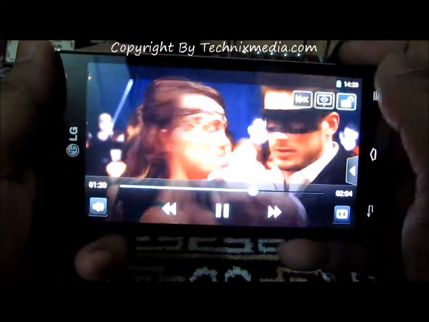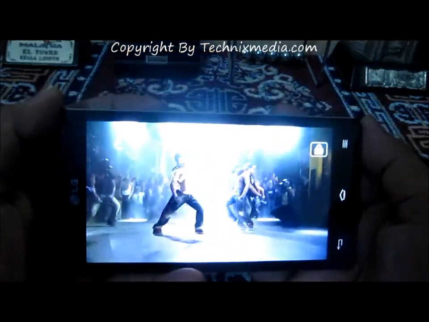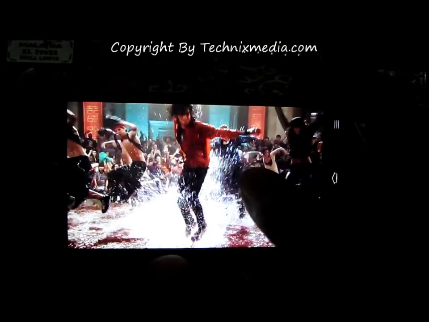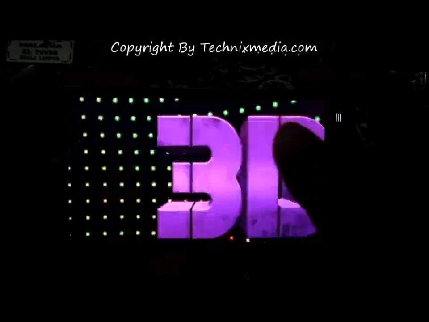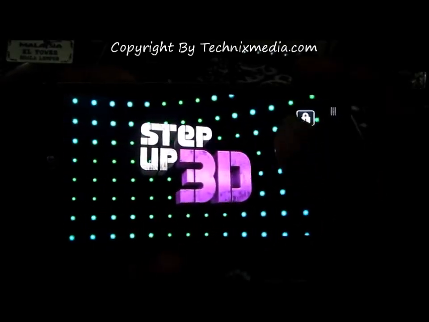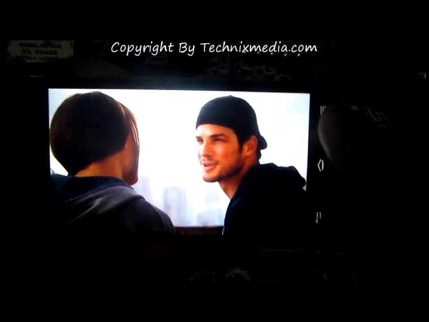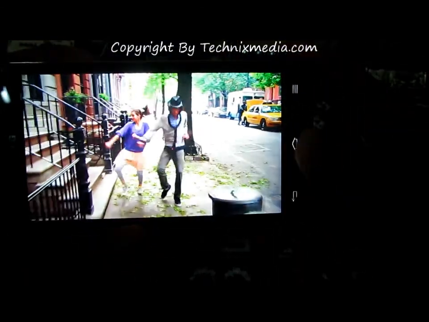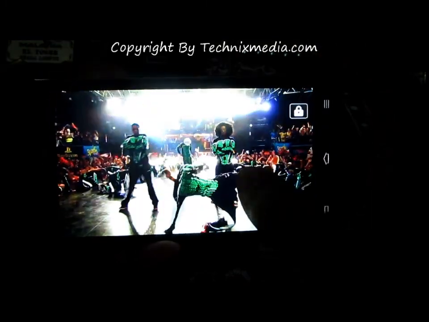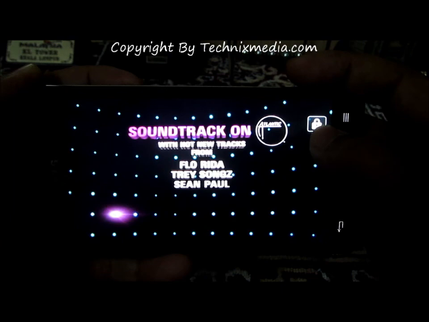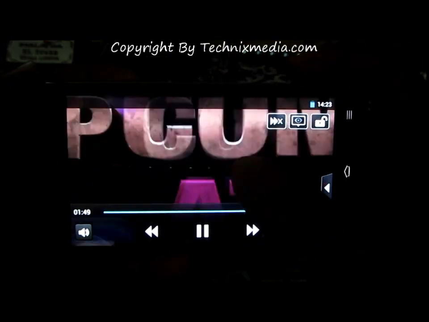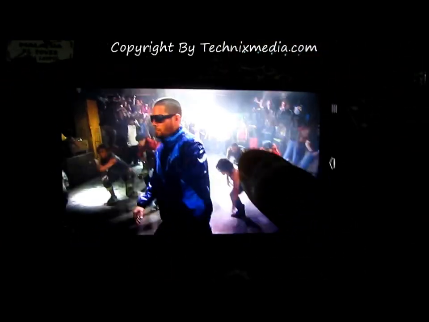Apart from this, you can also lock the video screen, so that whenever you are watching a video, in case your finger touches the screen while the video is playing, it will not be paused and the video will not be disturbed. Or even if you press the home button, the power button, or the back key, the video will keep on playing without any disturbance. And if you want to turn off this feature, you just need to tap over the lock symbol here, and then it will work right away.